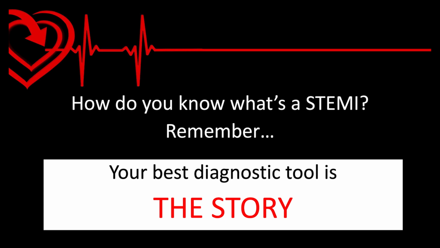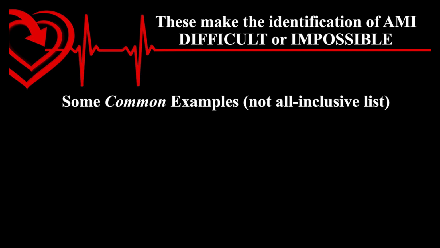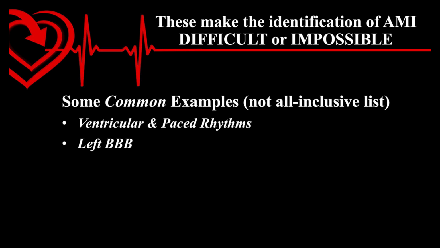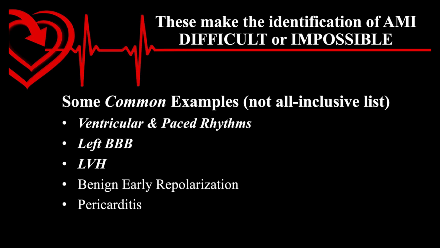It might be a STEMI. Not every STEMI is going to present in the stereotypical presentation, but it also might be something else, and that's the prompt we should consider to think about looking a little closer. There are several things that can make this challenging, and here are some of the most common examples. This is not an all-inclusive list, but these 5 are probably the most likely things you're going to see, especially the first 3. That's ventricular rhythms or pacemaker rhythms, left bundle branch blocks, left ventricular hypertrophy, benign early repolarization, and